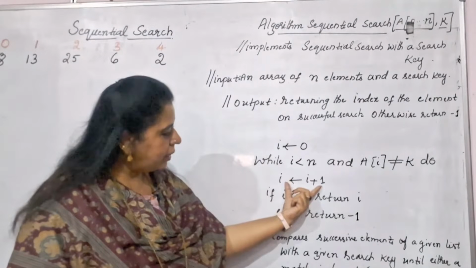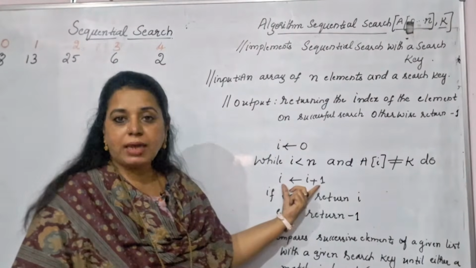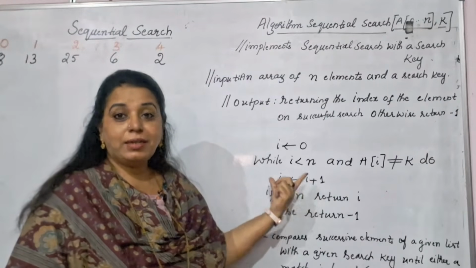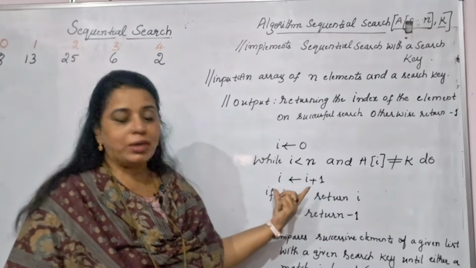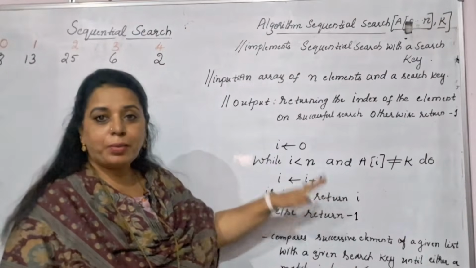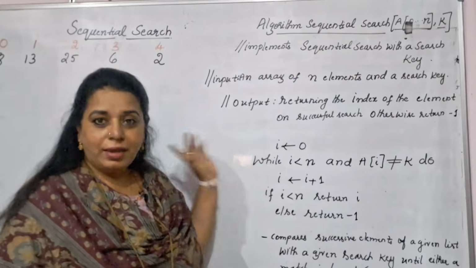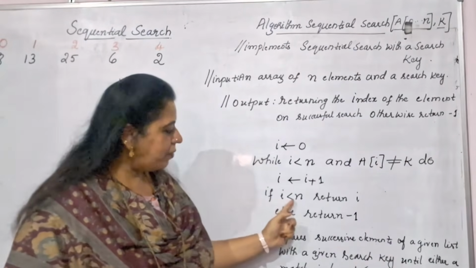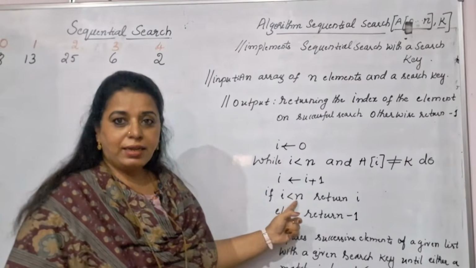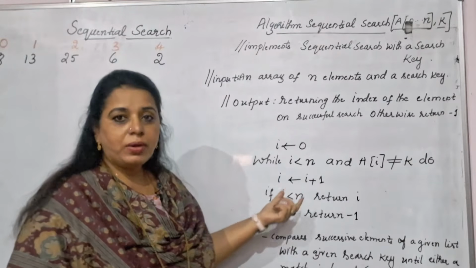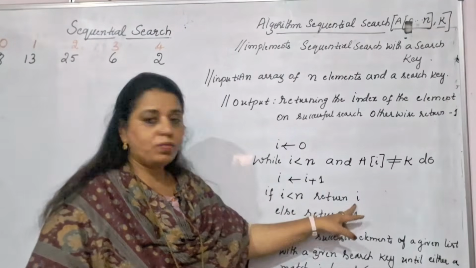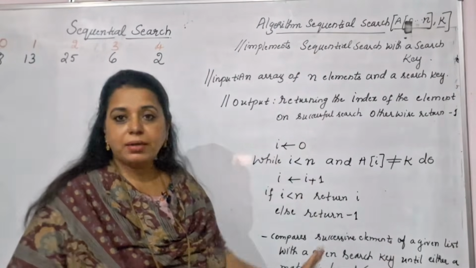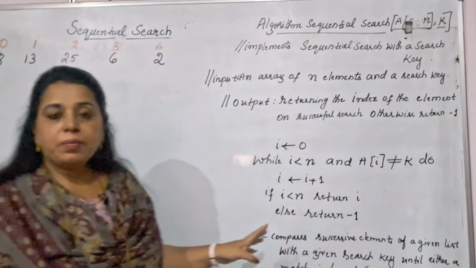What has happened here? The innermost statement of the while loop, which is i equal to i plus 1, never gets executed. That's why it is taking the minimum time to complete its execution. Since this innermost basic operation never gets executed in this example, when we gave key equal to 8, it comes out of the loop and checks whether i is less than n. If i less than n, 0 is less than 5, it is true, then it will return the location of that element, that is 0. So this way is the best case.